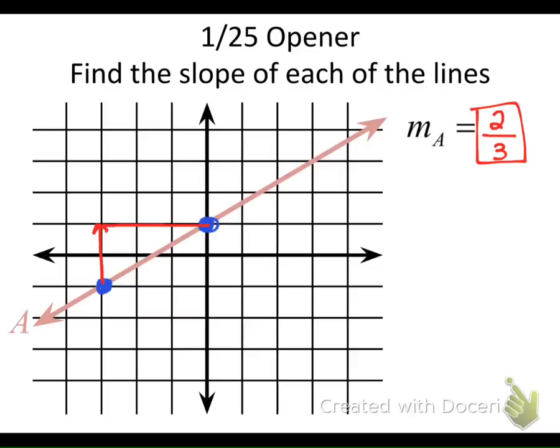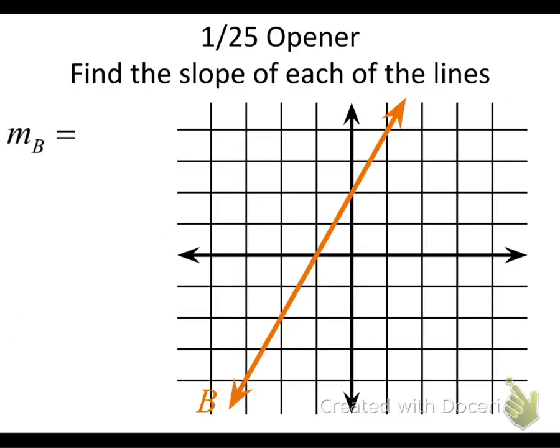Okay, let's take a look at the next one. So again, the first step I'm going to do is determine my first two lattice points, or my closest two lattice points. I do this by looking at my line, and just like I read, I go from left to right. So I find my first lattice point and my second lattice point. I always start with the lattice point to the farthest left, and then I count either up or down to find my rise, and in this case I'm going to count up, meaning that it's going to be a positive,